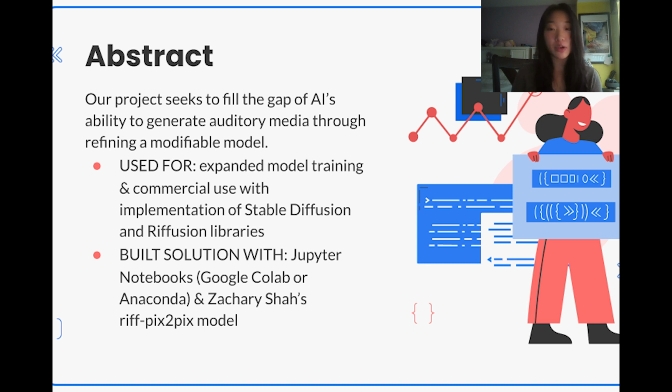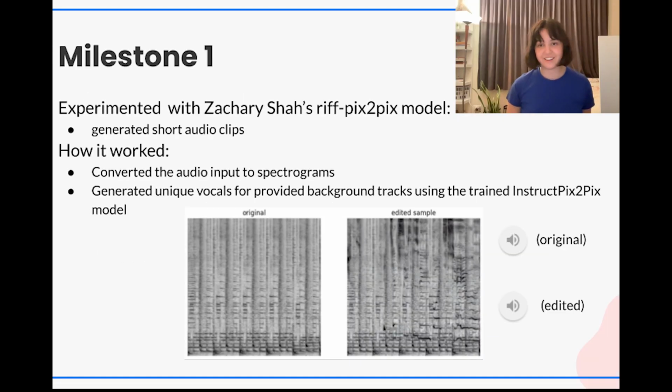And this can be used for commercial use with implications of refusion and diffusion libraries and expanding or improving model training. And then for our solution, we use Jupyter Notebook's Anaconda or Google Colab's and Zachary Shah's riffusion model. In our first milestone, we experimented with Zachary Shah's Riff-Pix-to-Pix model, which basically paints in a vocal melody based